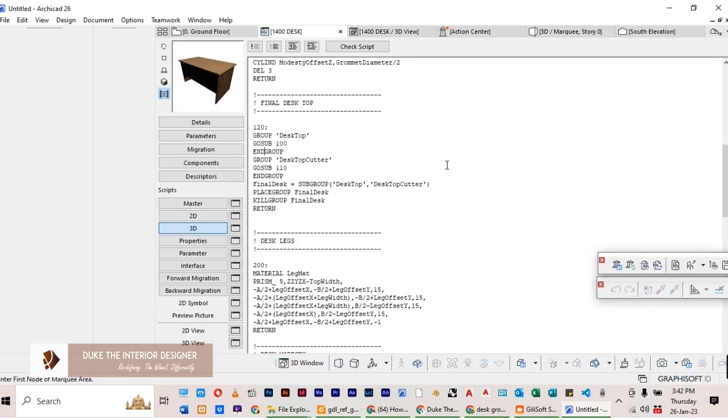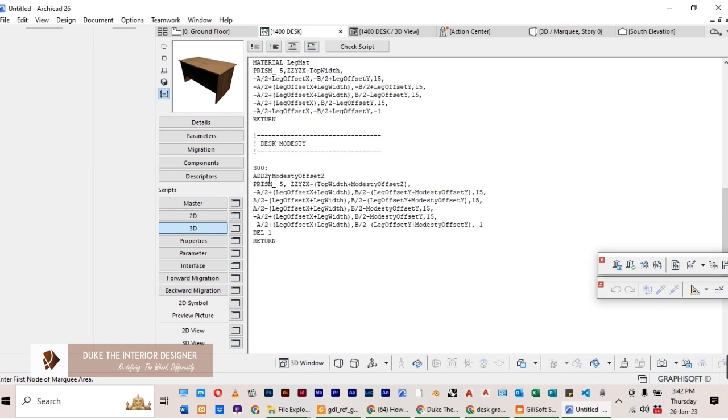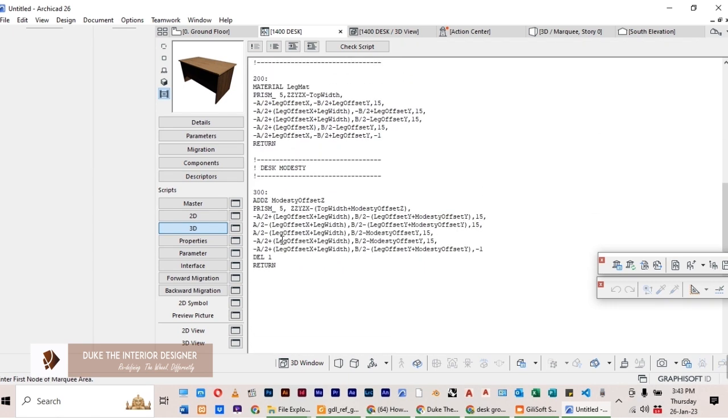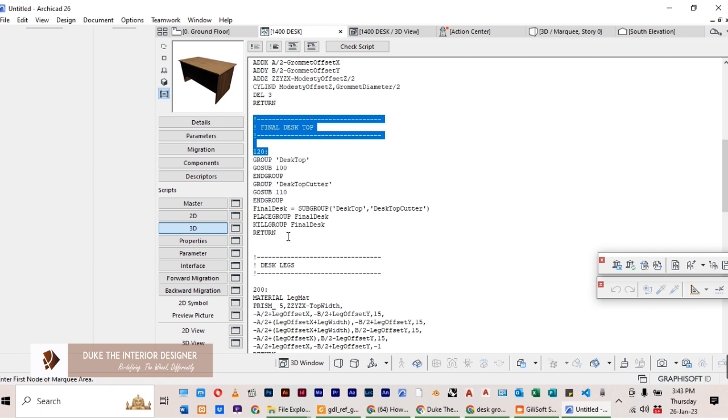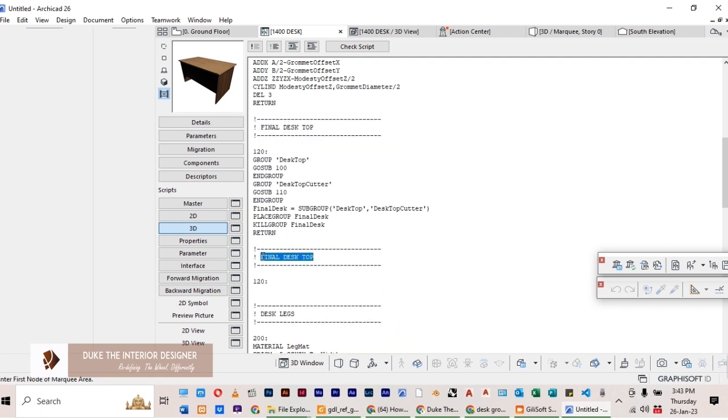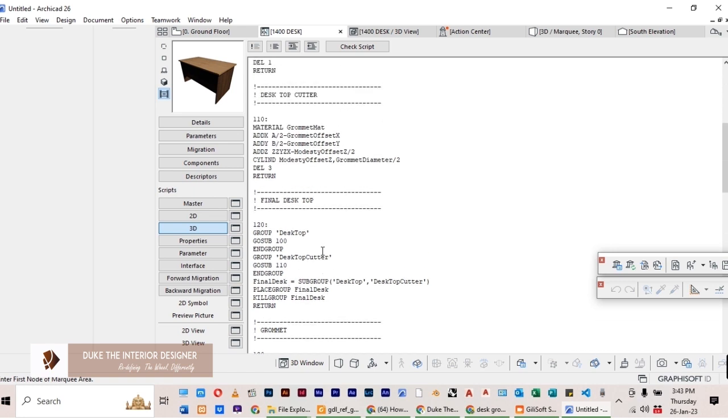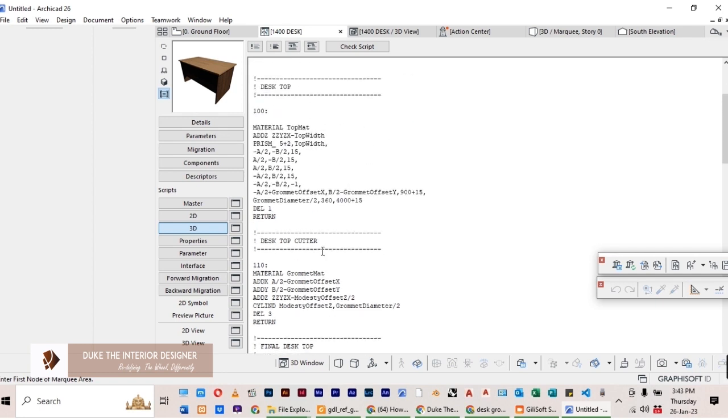Let's create the grommet. Grommet will use another subgroup. So let me, after the 120, let me copy the 120. I can write here grommet. This now will be number 130 and return. Now, the same code that we used when making the hole under the prism is the same code that will help us to make this grommet. So they were these two items. Just copy,